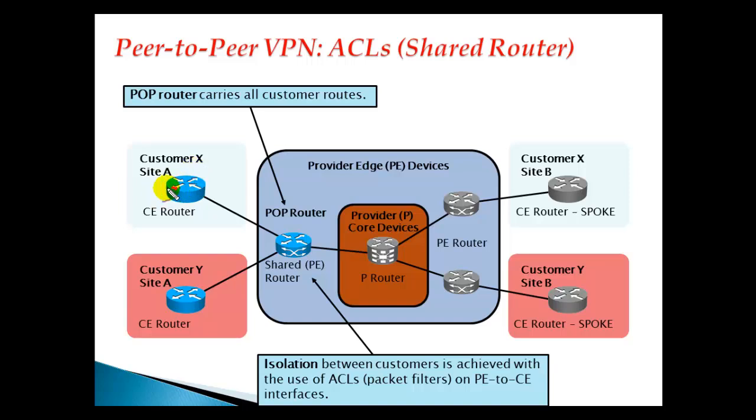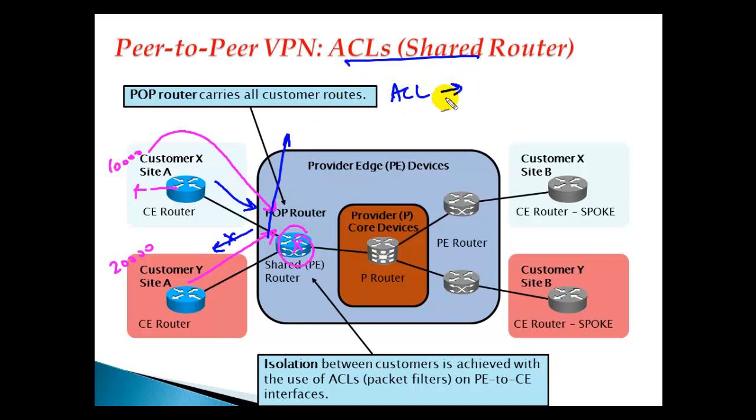Like in this scenario, you have a customer network, 10 dot network, and there is another customer using some 20 dot network. Now he's advertising the routes to the provider edge router. At the same time, both customers X and Y are advertising the routes. Now how is the provider router going to differentiate the routes between them? So how is it going to prevent the customer routes coming from X from going to Y? Now to prevent that,